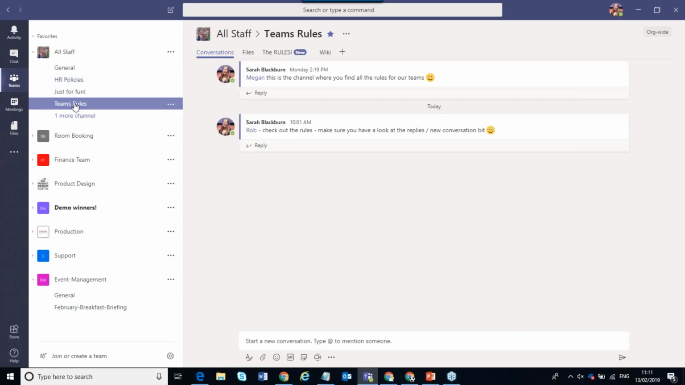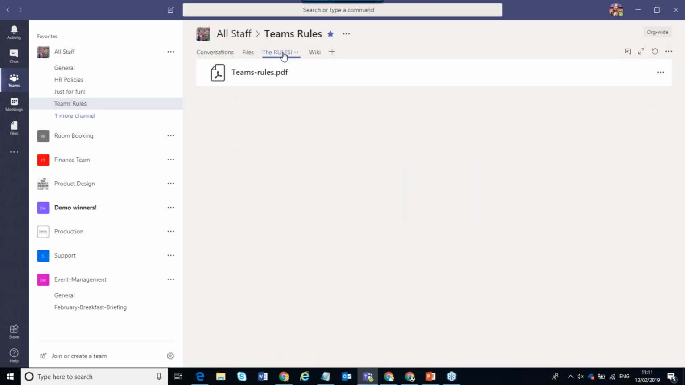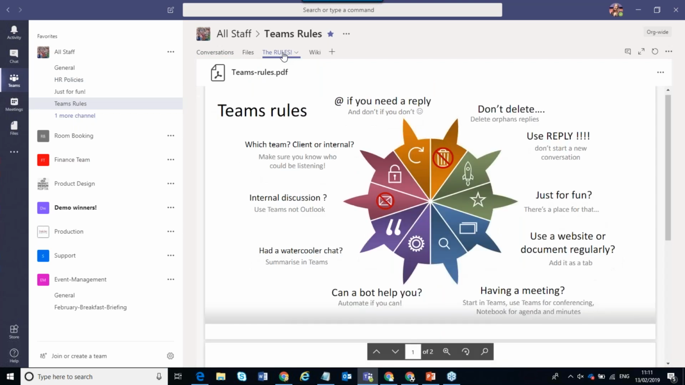And it's also a great place to have your team rules, because we do recommend that you have some rules around your teams and that you do some onboarding to help people to figure out what's going on. I'll talk about some of these features as we go through, but having an infographic that tells people quite quickly and easily and in a visual way helps people to remember the rules, because working in teams is a little bit different to using something like Outlook,